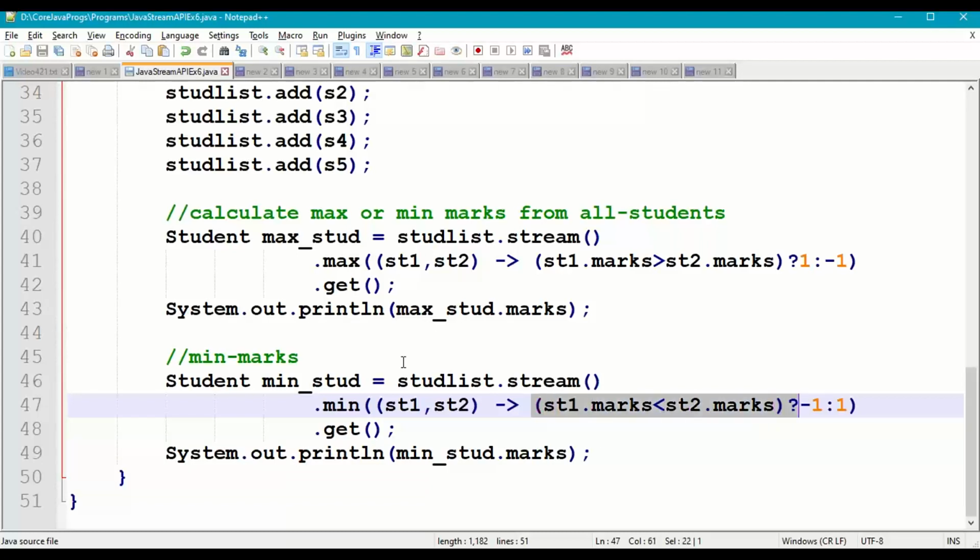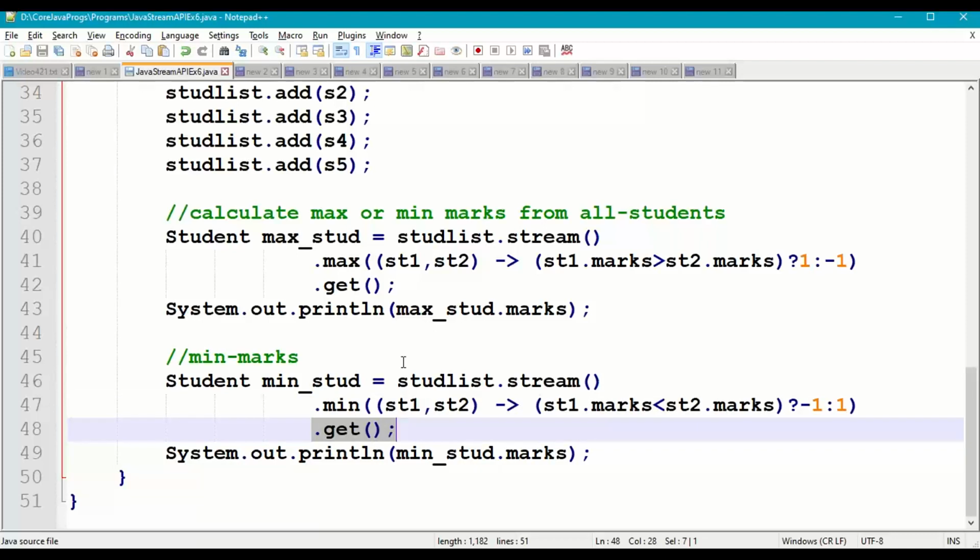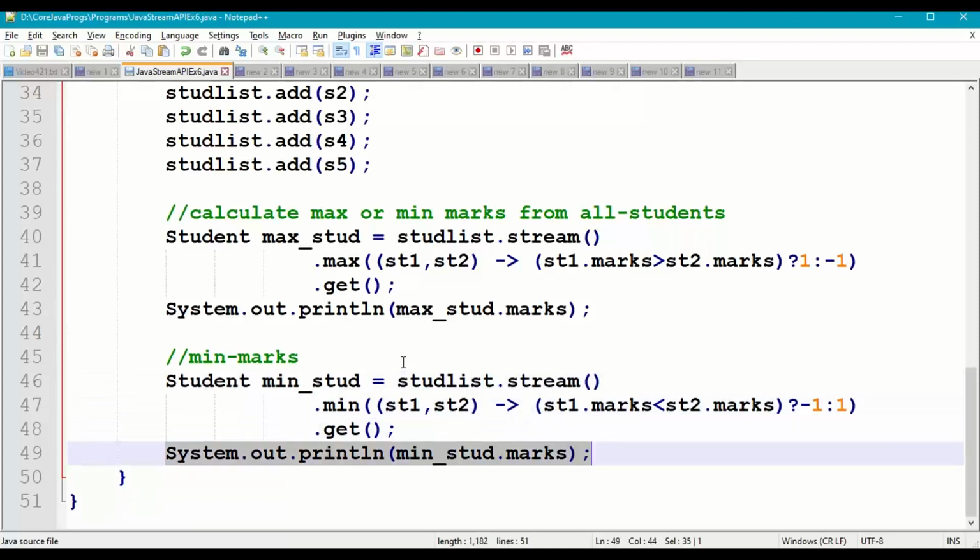If st1 marks less than st2, I'm returning -1, which means the first student object is less than the second student object, otherwise +1. After performing these operations, you will get the minimum object as an Optional object. So Optional object dot get, get that as our respective student object and store that in min student. And from that min student, get the marks. You will get the minimum marks.